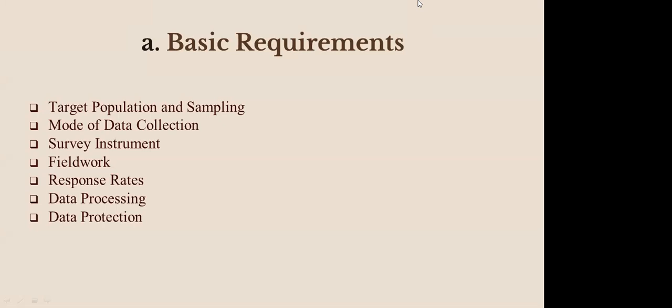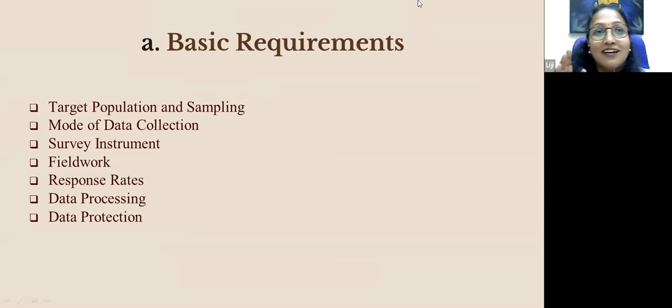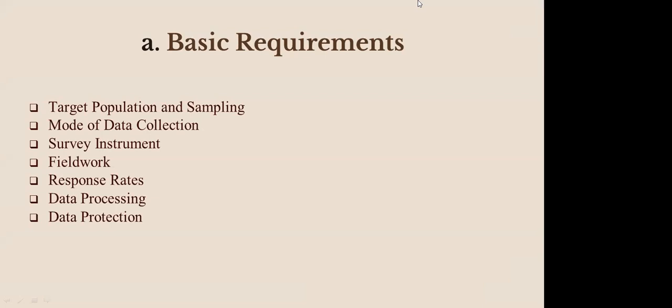I'll tell you my experience of field survey: people who live in mansions and bungalows have got ration cards which say that they are below the poverty line. So they get all the government amenities, and this is a fact, which I've written in my research. So your target population and sampling errors automatically happen if you don't target the population and sampling correctly. This is one of the basic and very important requirements we find over there.